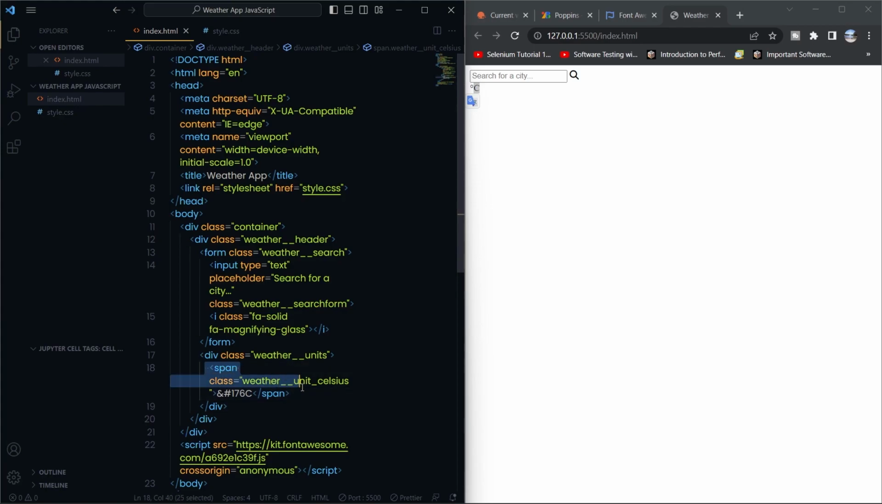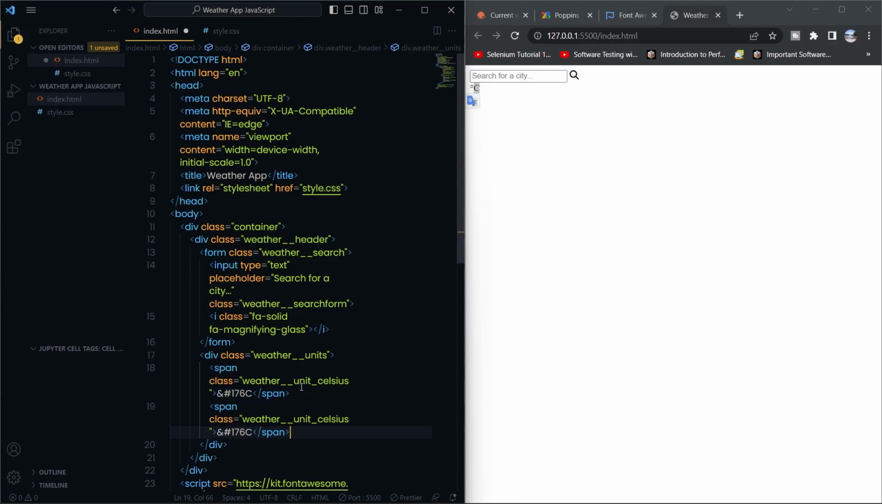And I'll copy this and just paste it one more time below. And instead of Celsius, I'll say Fahrenheit. And that's in all caps. Let me correct it. And instead of C, I'll put F. Okay. All right. So below the